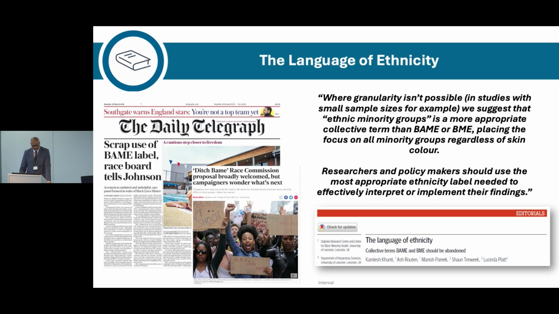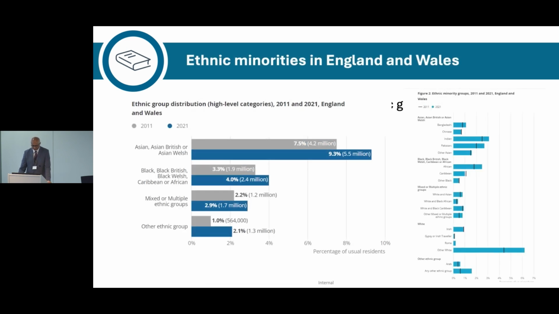One of the good things that have come out, there's a few, is the terminology. Previously we used to call people of BAME origin or BME origin, and this is a term that most ethnic minorities don't like. So we did some work, and now I think it's been accepted that we really should be using the term ethnic minority populations when we are collectively talking about ethnic minorities. But if we're talking about one minority group, then refer to them as that minority group.